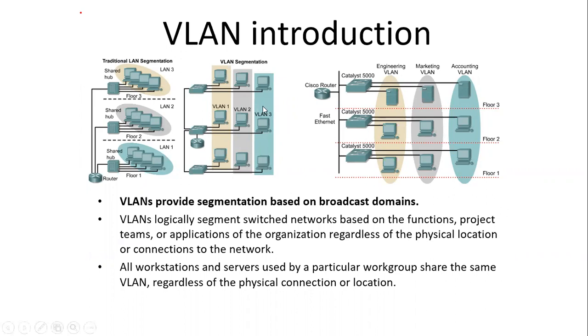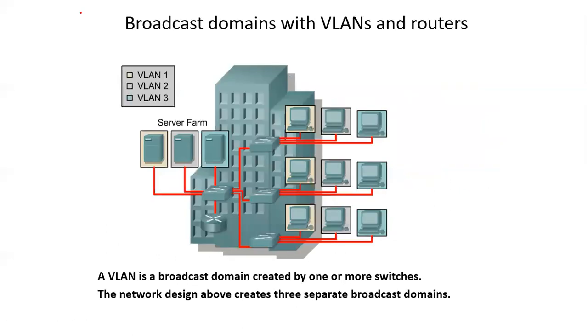Once you've divided, you can group these for a set of purposes or a set of services which each group does. You can group those systems which are working on the engineering services, and you can have another group which is working on the marketing services, another group which is working on the accounting services. So based on the services also, you can create logical groups. Or if you want, you can also change the order of the groups. So you have many flexibilities and advantages of VLAN.